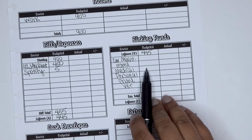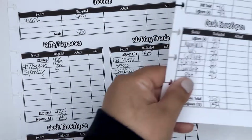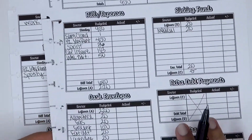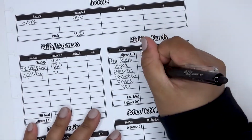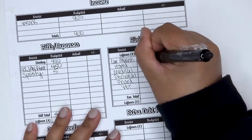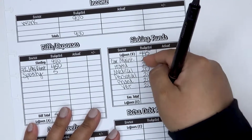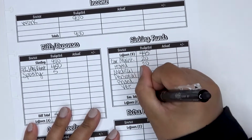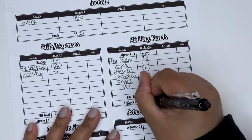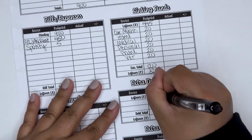So for medical, because we got to finish that off still, we did on the first paycheck, let's see, I think we did 60. And then on the second one, we did 20. So medical is going to be at 80. So to finish it off, we would need another 20. That gets it to 100. And then each of these I wanted to put 20 in. So we got 2, 4, 6, 8, 10, 12. So $120 from 445 is going to be $325. So we'll bring that $325 down